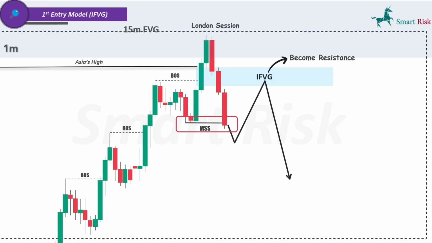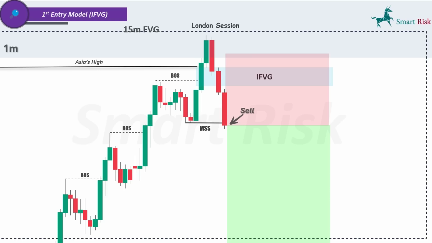But before we get into them, keep in mind that you can always add extra confluences, such as a V-shaped recovery or a change in the state of delivery. Now here's exactly how I place the entry. Option 1. Enter immediately after the IFVG forms by opening your position at the next candle open, with the stop